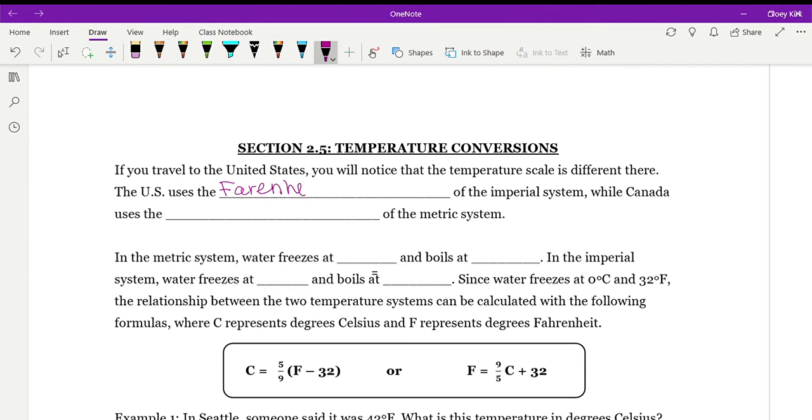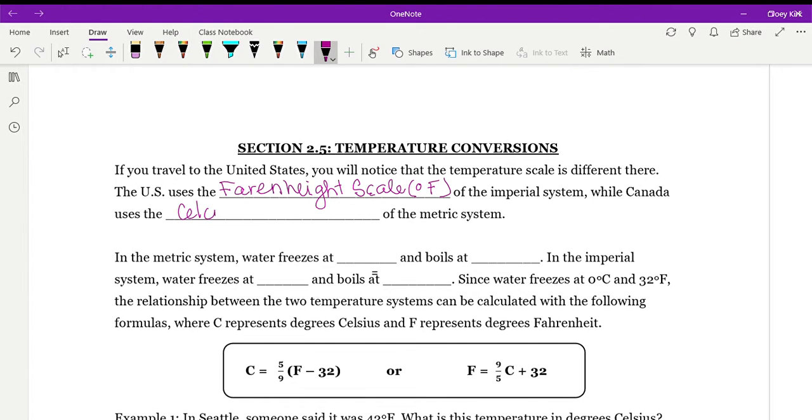Okay, so in the US, they use the Fahrenheit scale. I remember when I was a kid, I used to see that they would report things as being like 100 degrees, and I thought that it was boiling, but it's not. So they use the, oops, I'm supposed to say Fahrenheit scale, sorry guys. They use the Fahrenheit scale, so degrees Fahrenheit, which is something from the Imperial system,